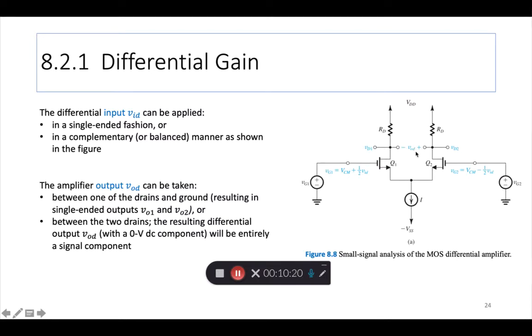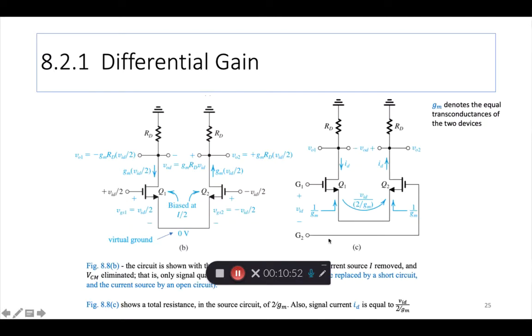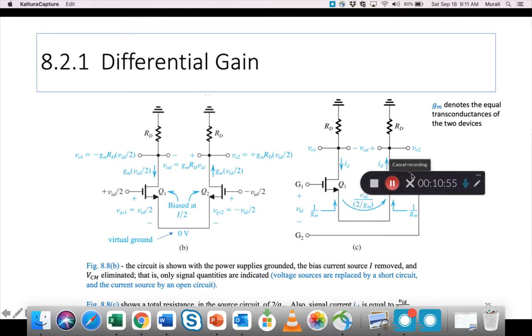But if you take the output differentially, then what is being told to us here is that you will get only a pure signal component on the output and nothing related to the biasing appears on the output if you take the output differentially, okay, which is VOD in this figure. So make sure you see the point, the difference. Okay, we'll continue on